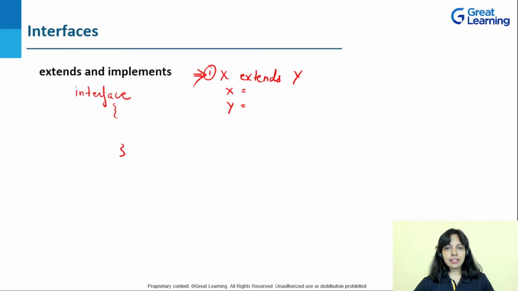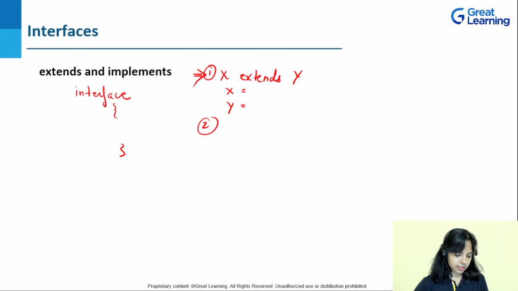So when we use the extends keyword, both must be a class or both must be an interface. So yeah, you were right. Who answered this? Vijay Pratap, right? So both must be either classes or interfaces. If X is a class and Y is a class, then true. If X is an interface and Y is an interface, then it's true. Okay. Now coming to the next question.